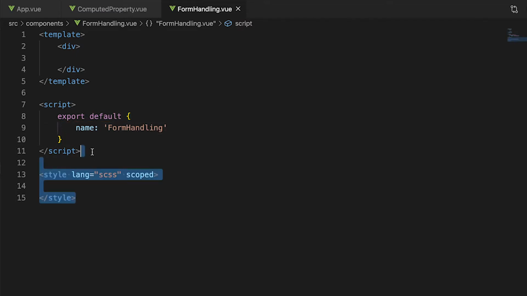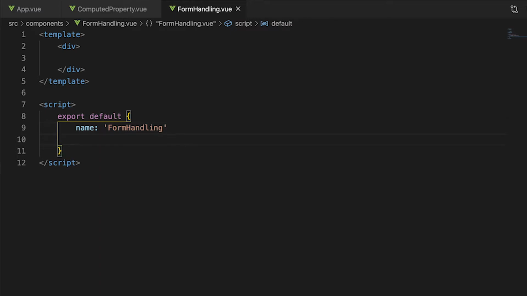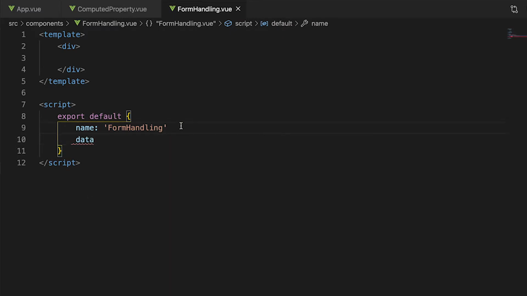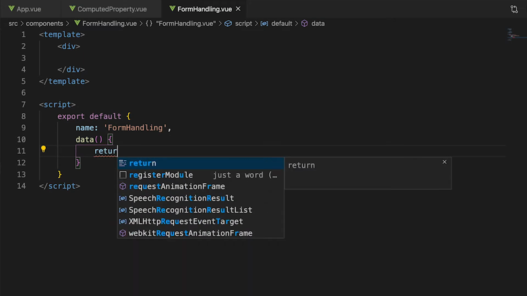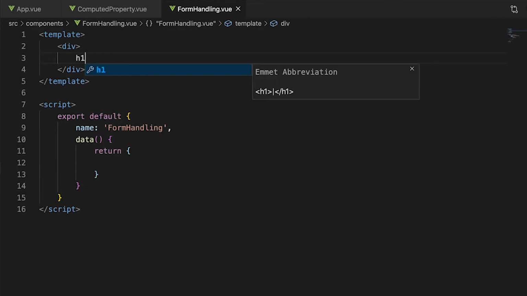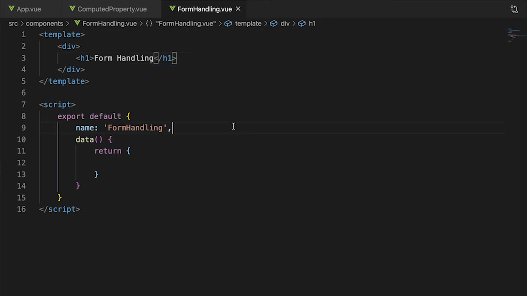We'll just delete this style and let's create a data function, and then return the data. And over here we will create a h1 tag and let's give form handling, and then we